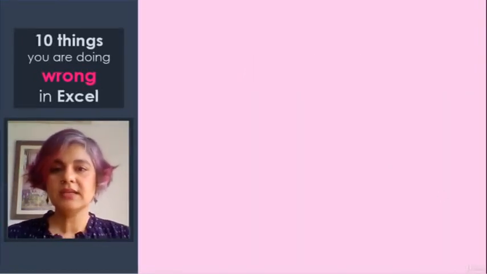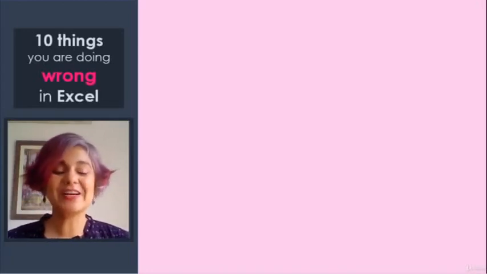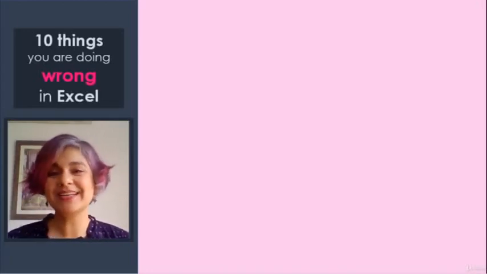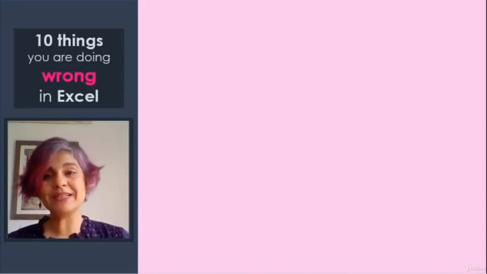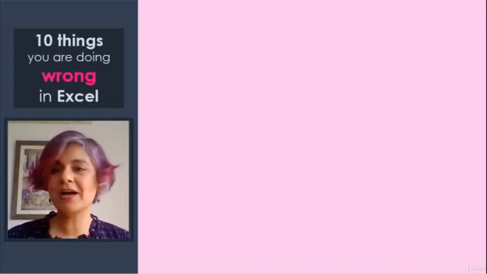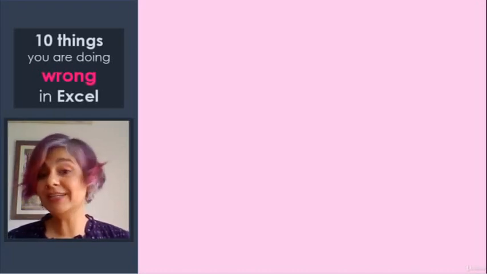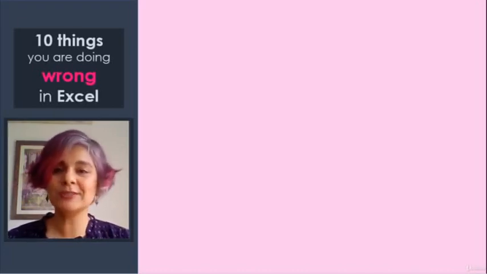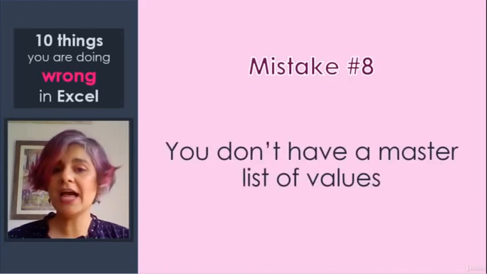This next one is another bane of any person who's working with data. I particularly think that this one is quite easy to fix, and as long as you have the right hygiene in place and you're able to build the right pipelines, this is a mistake that you can prevent right from collection of data, the way it is stored, and then you will not need to spend this much time fixing it in your own spreadsheet. And this is our mistake number 8, which is you don't have a master list of values.